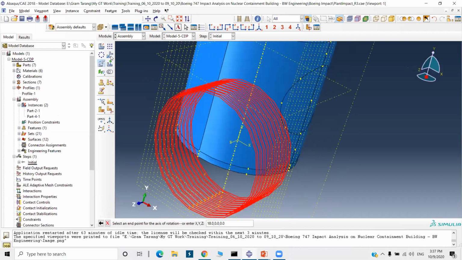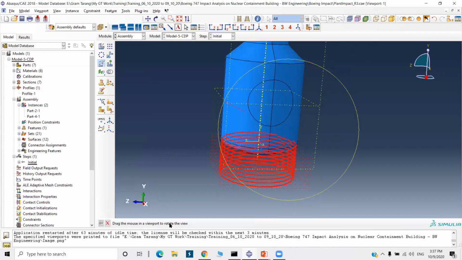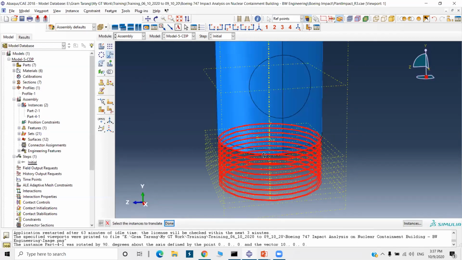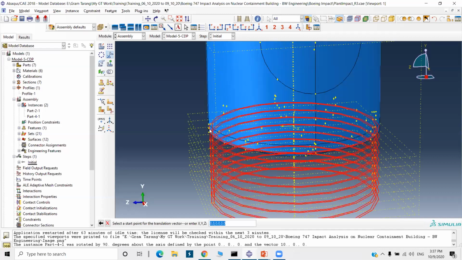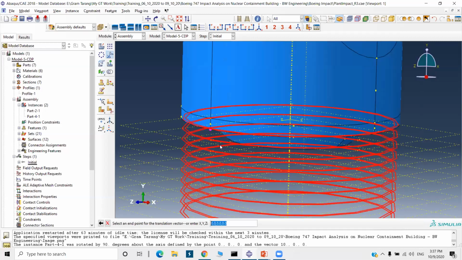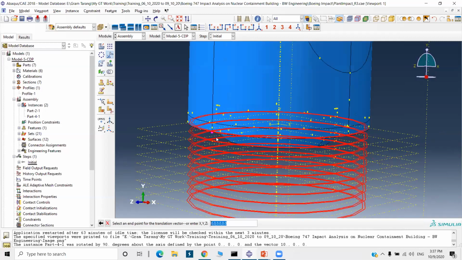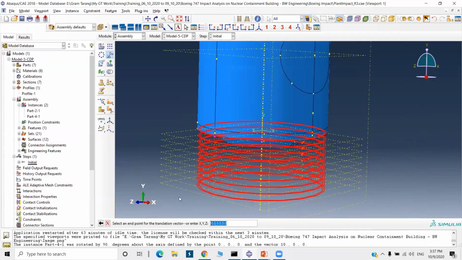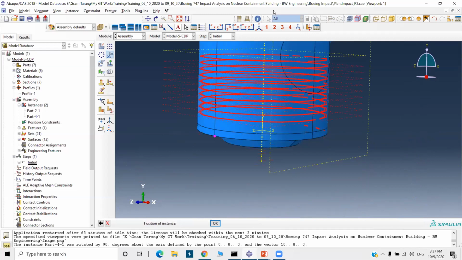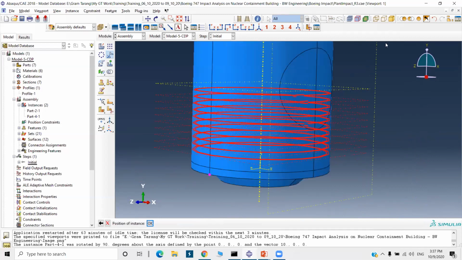Okay, now we will translate this, select it, set done. So this is the first point, and this one is the second point. So this is the correct position now. So I will make it transparent so that